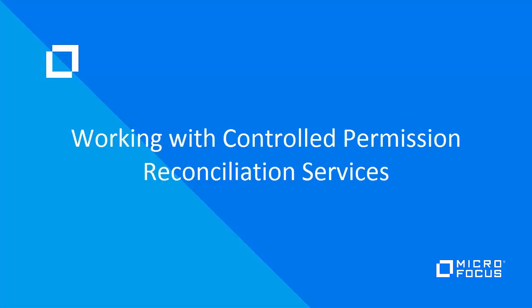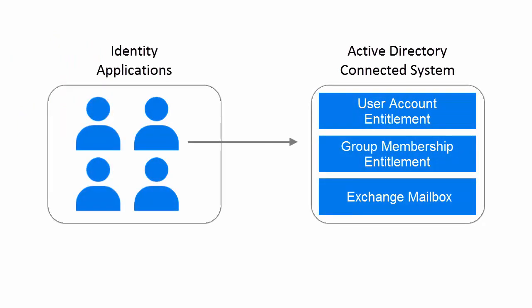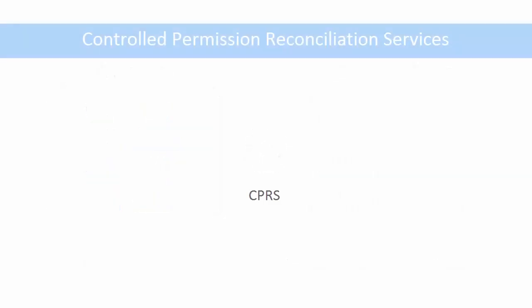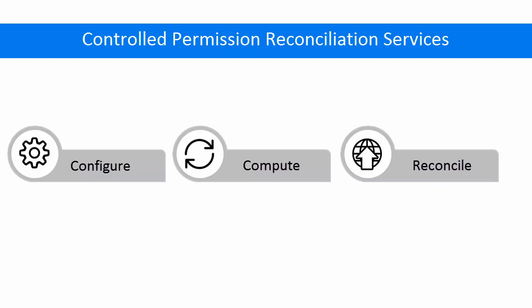Welcome to MicroFocus. This video takes you through the CPRS options in Identity Manager dashboard. When you assign a resource or an entitlement from a connected application to a user, it can be reconciled. Controlled Permission Reconciliation Services helps you to reconcile these assignments using identity applications. This video helps you to understand how to configure, compute, and reconcile permissions using CPRS for the supported Identity Manager